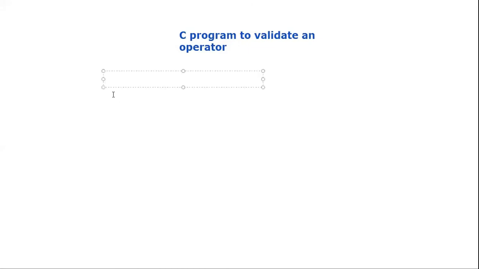So we have two kinds of operators, that is arithmetic operators, and also another kind, that is logical operators. Now in case of arithmetic operators, we know the operators are plus, minus, multiplication, division, and another one is the modulus. Okay, so we have these five basic arithmetic operators, and in case of logical operators, we have